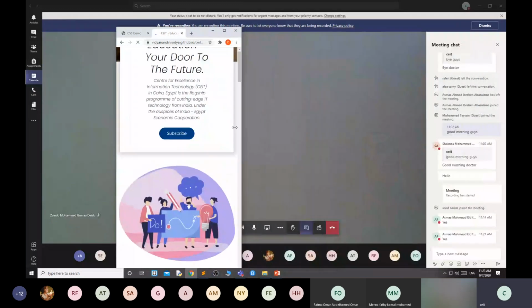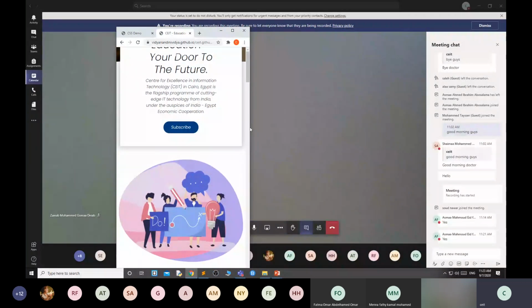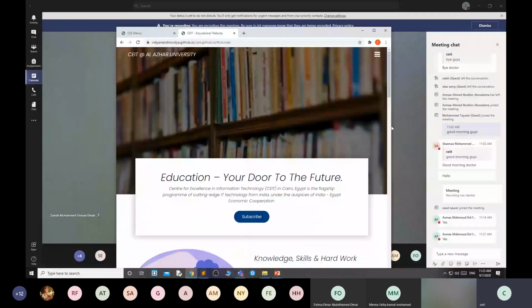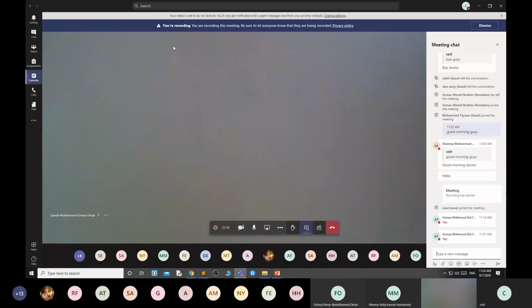Okay. To make your web page like this, you must use relative units. Okay. Not absolute units. Absolute unit is not the recommended unit to use when you are developing a responsive website. For learning purposes, you can use absolute units because they are very easy to use. Okay. But for development purposes, we always avoid the use of absolute units. Okay.